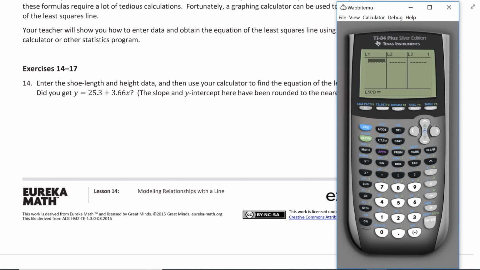So I'm going to input 12.6, Enter, and I'm going to go through and enter all of the data. Now this may take me a while because it's a lot of data, but bear with me. 12.2, 11.6, 12.2 again, 11.4,